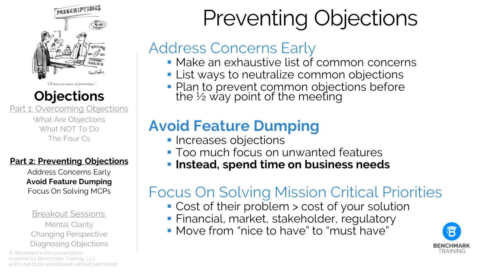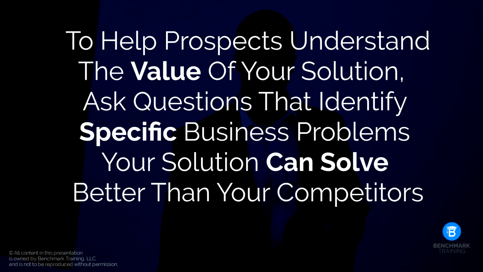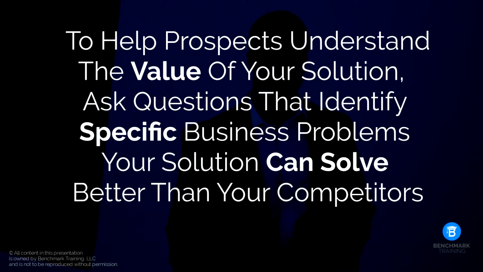The second reason, and perhaps the most important reason, is that you're taking the focus away from the buyer's specific mission-critical problem that your solution can solve. You see, before you spend time on features, both you and your prospect have to be on the same page regarding the specific business problems you're trying to solve and how your solution is going to help solve them. As we discussed in the Sales Fit module, you do this by asking questions that identify problems that your product can solve better than your competitors, so you can spend time focusing on the features that are critical to your specific buyer's needs.